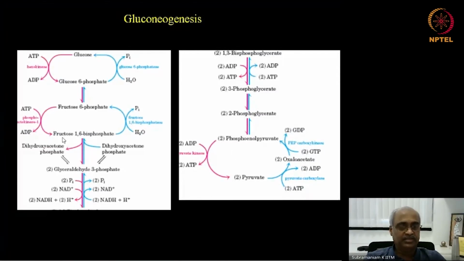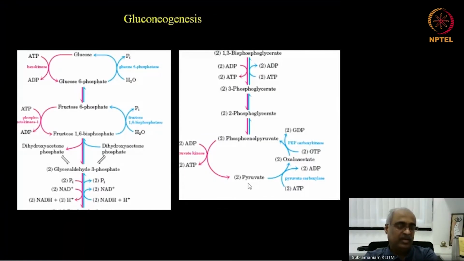The second one is fructose 6-phosphate to fructose 1,6-bisphosphate formation by PFK1, phosphofructokinase. That again is not reversible, and therefore you have a separate enzyme that does the job in the opposite direction. Then glucose 6-phosphate to glucose is also done by a separate enzyme. So these three steps, glucose to glucose 6-phosphate, fructose 6-phosphate to fructose 1,6-bisphosphate, and PEP to pyruvate, are irreversible reactions